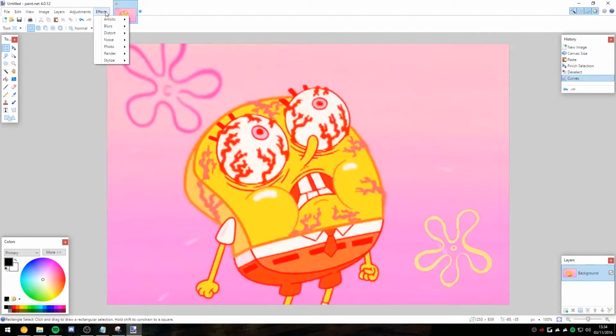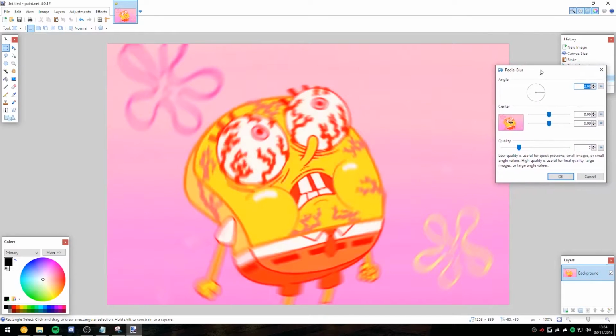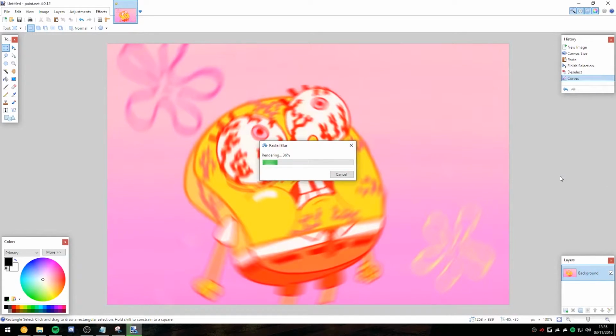And after you've set that, you're going to want to find a blur and a radial blur, or whatever the variant is on your software. And you're going to want to center right on the face and just up the angle so it's just visible. And probably max the quality. I mean, why wouldn't you? That's for moving it. I recommend using your mouse for this. Anyway, once you've done that,